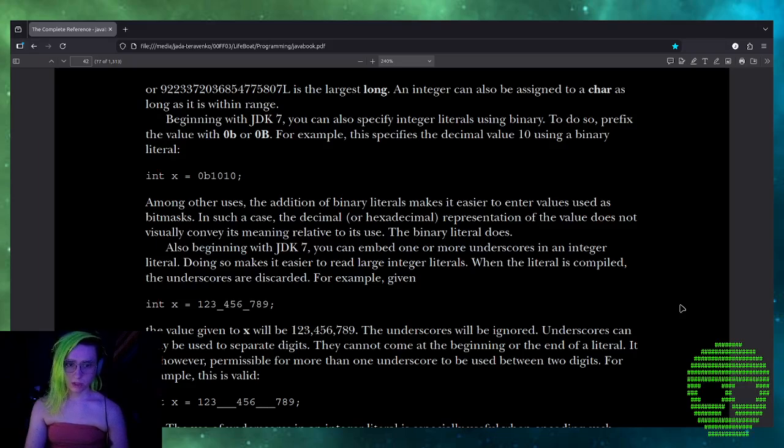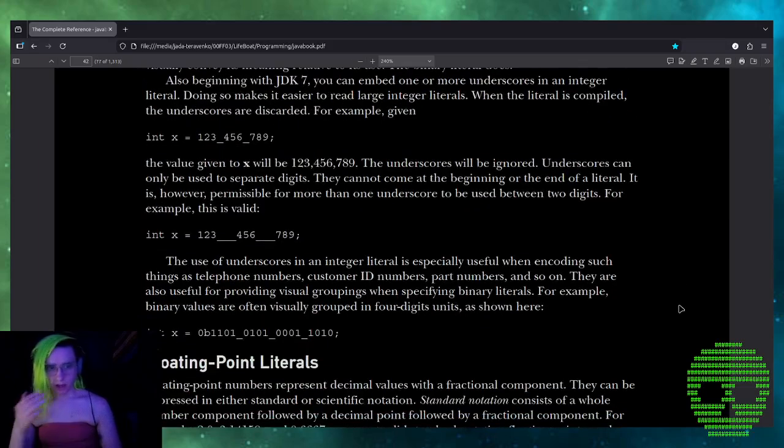Underscores can only be used to separate digits. They cannot come at the beginning or end of a literal. It is, however, permissible for more than one underscore to be used between two digits. For example, this is valid: int x = 123___456___789;